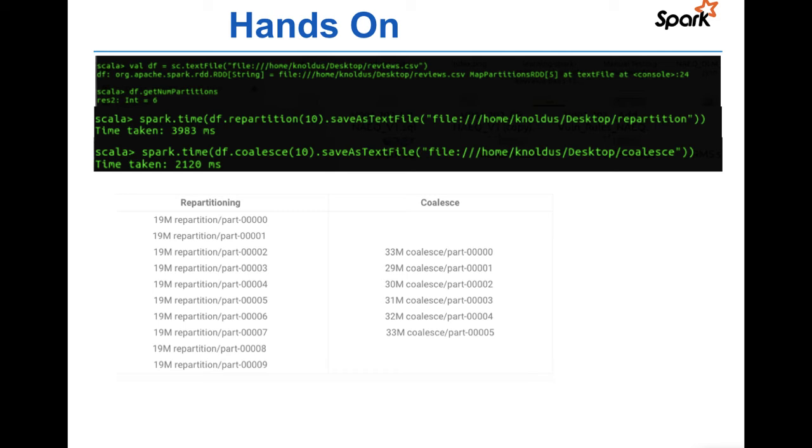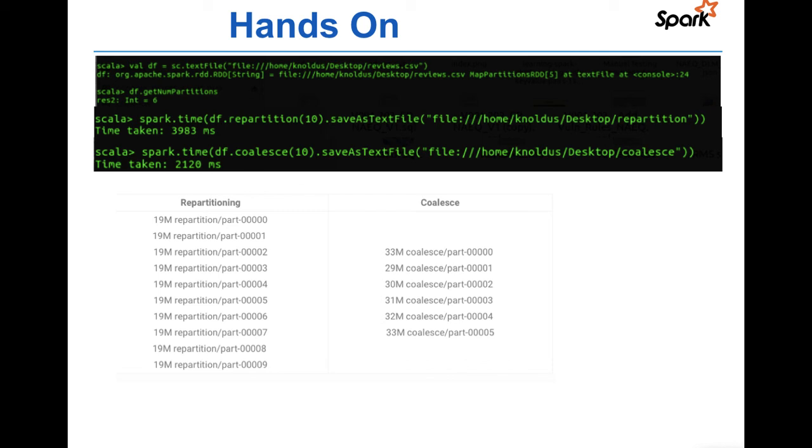Now when we are trying to repartition the file into 10 partitions using both repartition and coalesce, then we can see in case of repartition 10 equal size partitions are created, but in case of coalesce the number of partitions remains the same. Only 6 partitions are there, because we cannot increase the number of partitions using coalesce.